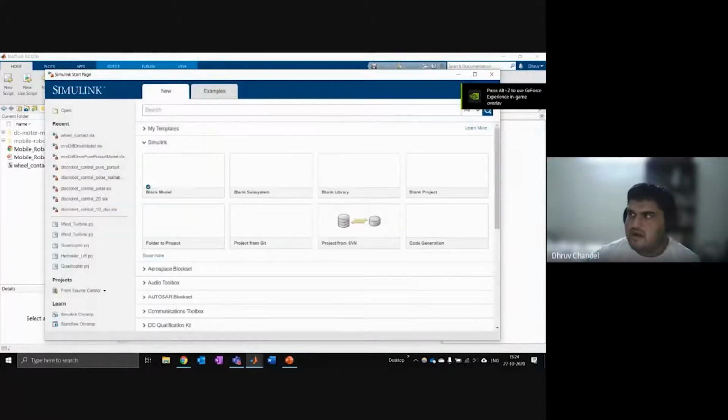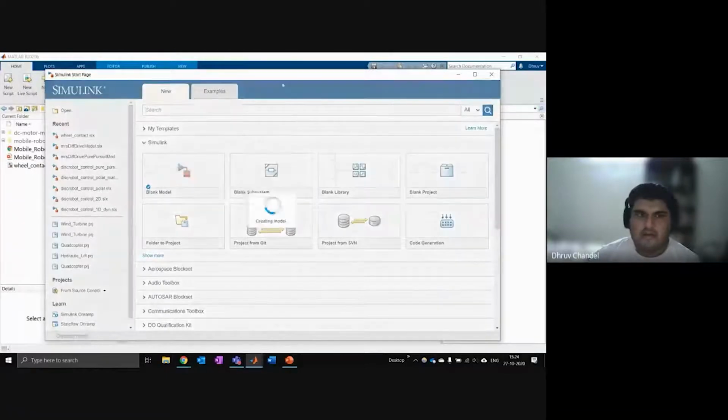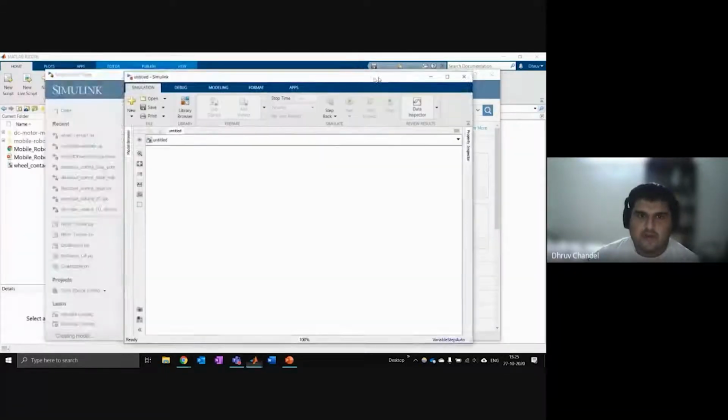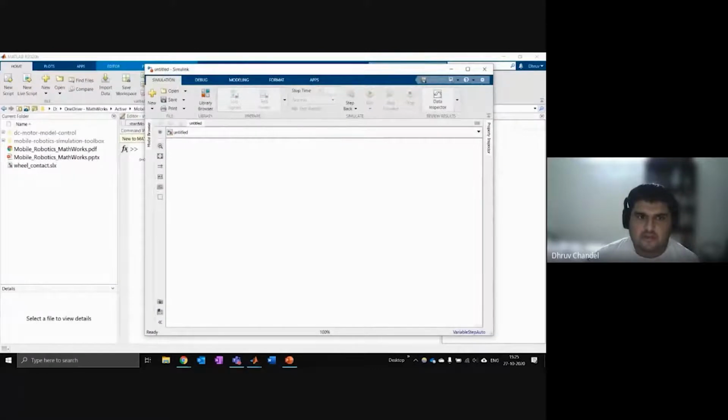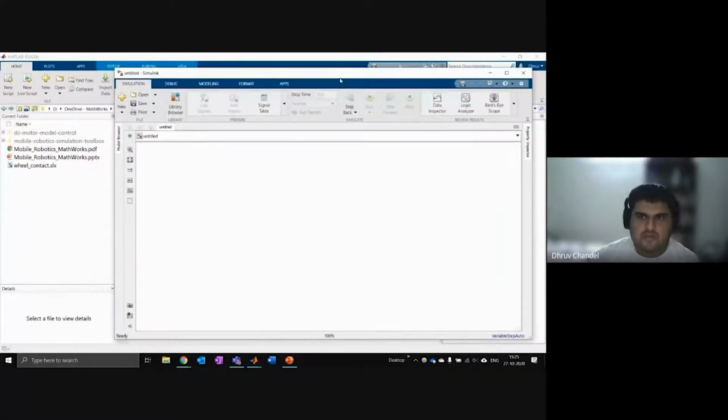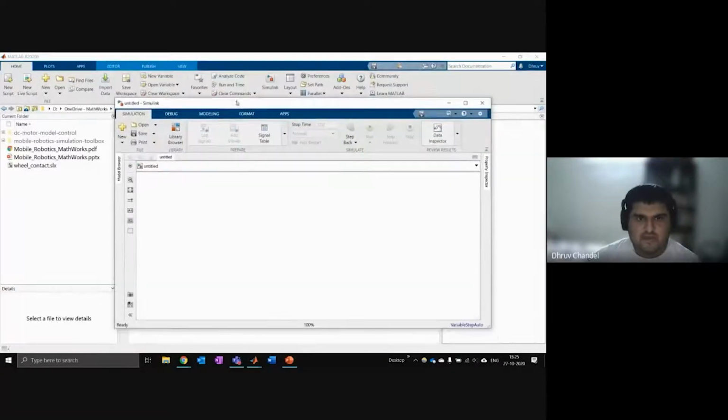There is a question: can't we use online MATLAB? You can. Simulink is also supported on MATLAB Online now. It will just run a little bit slower, and the code generation doesn't work properly online. So if you want to work with hardware, then it's better if you have it installed. Everything else, I think, will work.